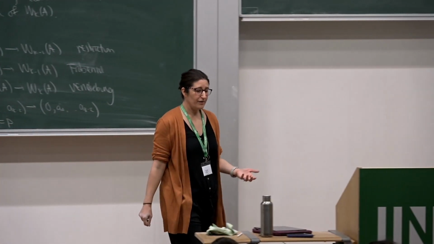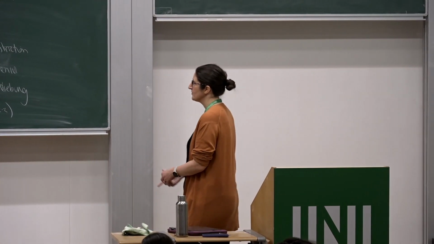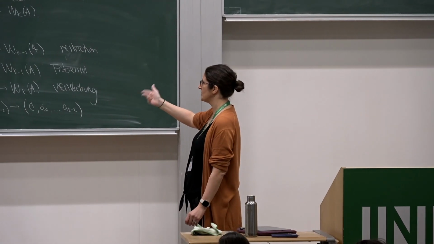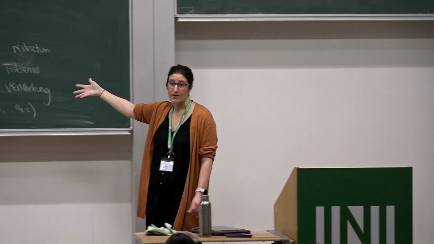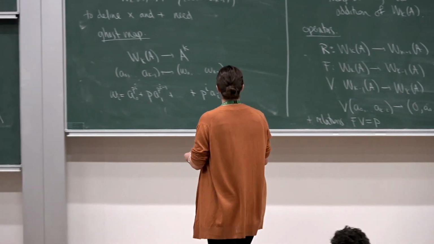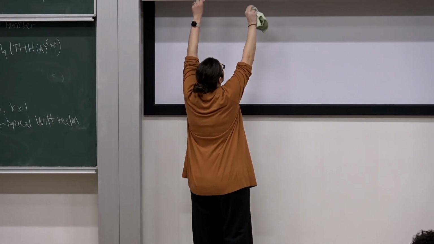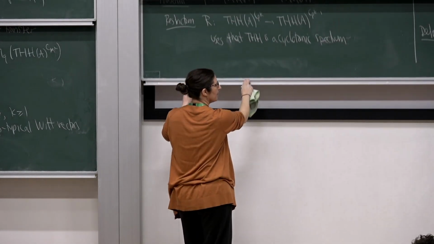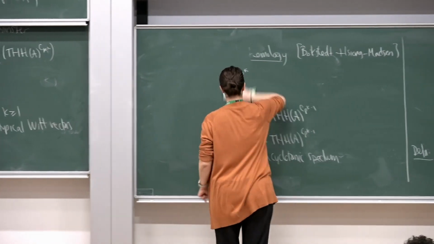Okay, so now this all feels like perhaps very coincidental, right? Certainly we see some parallels between the operators on the fixed points of THH and the operators on these Witt vectors, and that's not a coincidence. So this is a theorem of Hesselholt and Madsen, which Emanuele actually mentioned on Monday, but let me tell you what it says again. So they have this very nice theorem